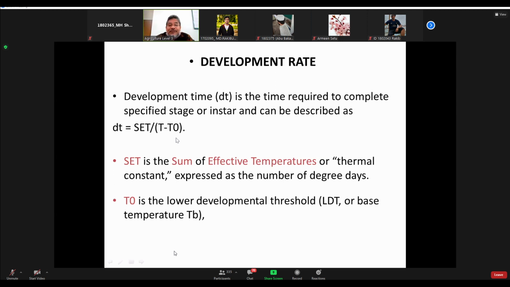That is called the 10 degree. But when it is 10.1 or 10.5 or 11 degrees centigrade, again its metabolic activity will start and it will resume its development. তার মানে হলো ওই 10 ডিগ্রিটা হলো ইটস বেস টেম্পারেচার। তাহলে 10 ডিগ্রির উপরে যদি না আসে তাহলে তার ইফেক্টিভ টেম্পারেচার নাই, কিন্তু তার ইফেক্টিভ টেম্পারেচার 10 এর উপরে যেতে হবে।